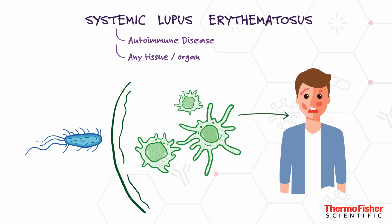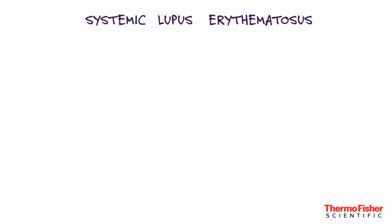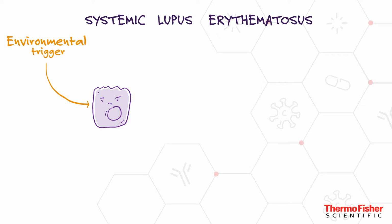So what causes SLE? Nobody knows the exact cause of this disease, but there are both genetic and environmental factors involved. Let us look at the immunology behind the disease. This is a simplified model of what scientists generally think leads to SLE. Most probably the first step starts with some environmental trigger. This can be UV radiation, cigarette smoking, virus infections, use of certain medications, as well as sex hormones, particularly estrogen,